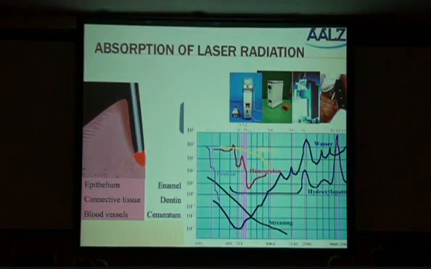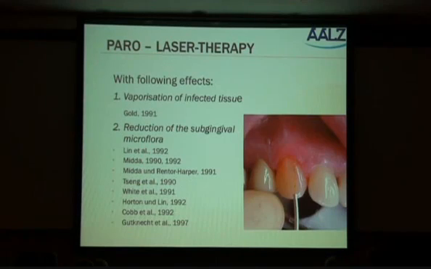Thinking about the closed curettage, we have understood again different wavelengths. Now in the periodontal pocket, where we have on the one hand side the hard tissue, enamel, dental cementum, on the other hand we have the soft tissue section. We are using lasers like an NDR laser, which is not absorbed in this part, which will not destroy the hard tissue, but which will destroy all the pigmented bacteria, which will remove the infected tissue in a very nice way, which was proven in a lot of studies, as you can see them here, from the Columbia University in New York,